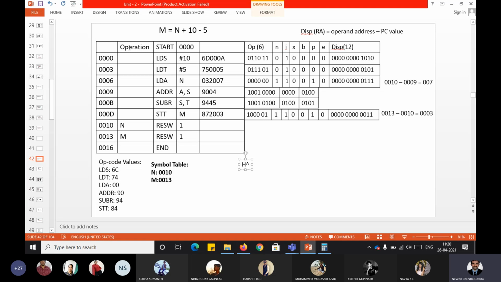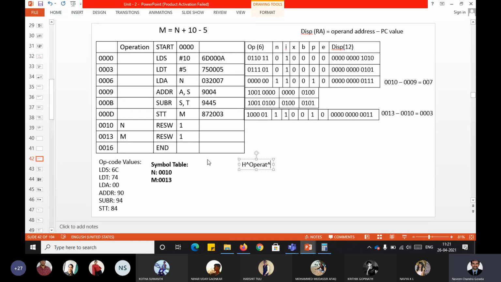What is the name of the program? It is OPERATION, but you can only fit within columns 2 to 7. So you'll get 2, 3, 4, 5, 6 and 7. You can't fit OPERATION completely; you can only fit within that. You can only fit OPERAT. You can't fit the whole name within that because your field is only between 2 to 7, followed by the